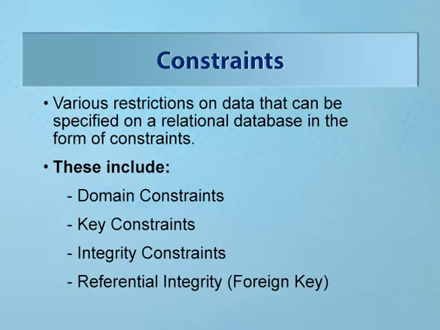So, here we can induce the constraints also. Various restrictions on data can be specified on a relational database in the form of constraints. For example, if you take the case of student ID, in the student table, under the same student ID, two different names can't be stored, which is against the database management system. Why? Because the student enrollment number itself uniquely identifies each and every record. So, with the same enrollment number we can't store two different students.